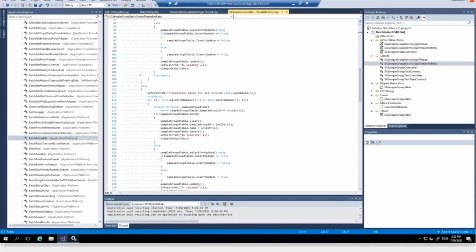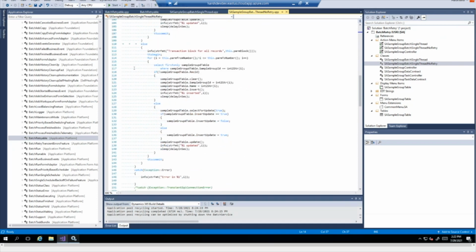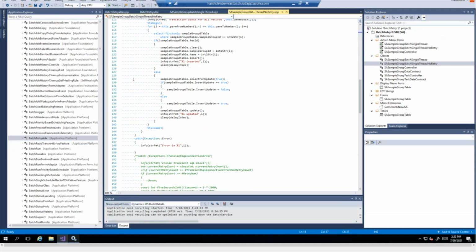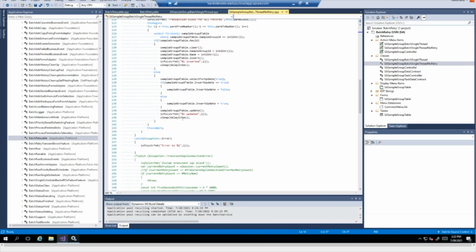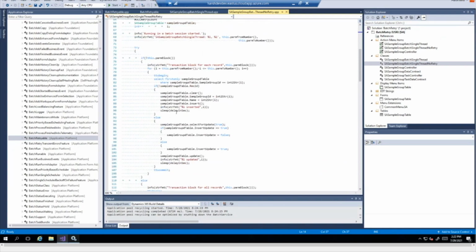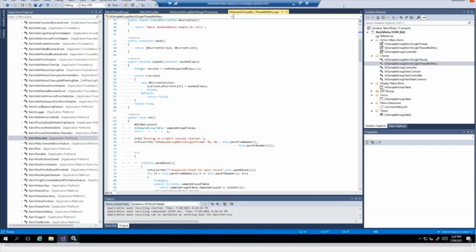It's a try catch block with ttsBegin and commit, where I'm trying to insert a record in my custom table. There is no exception handling for a transient SQL connection error; it's commented out. So it's pretty much how the legacy batch jobs have been designed.